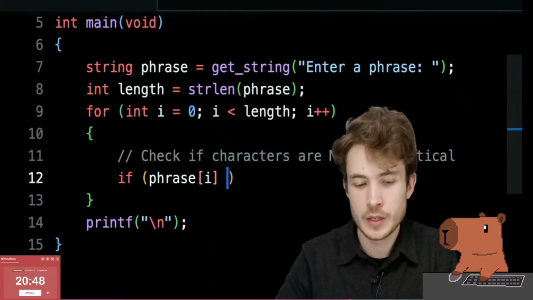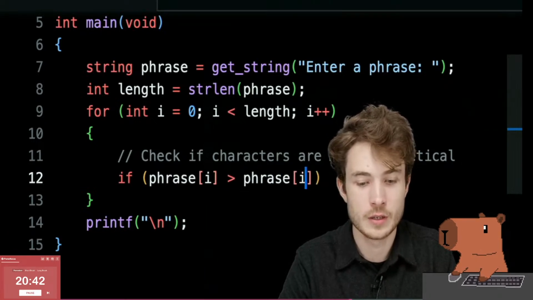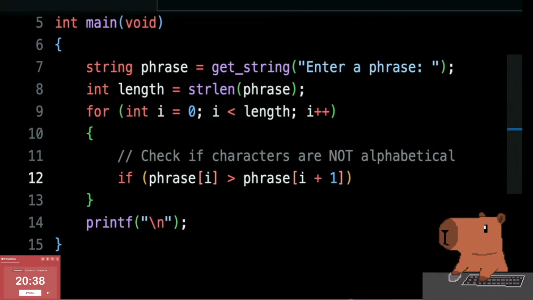Maybe I could say if this current letter is greater than, let's say, phrase i plus 1, that is the next letter. So here's what we have. If this current letter has a numeric representation that is greater than the next one, well, that means it's not